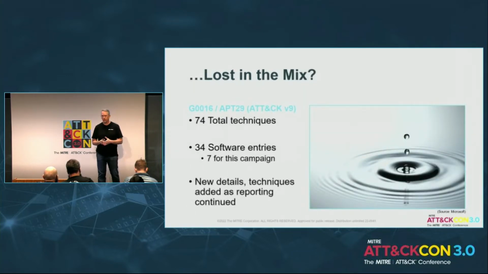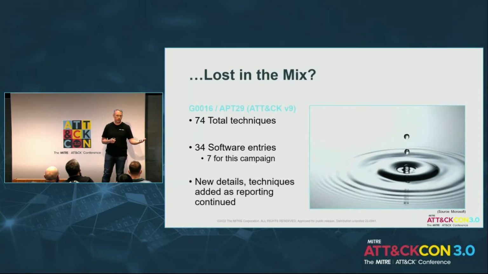Last April, coming up on a year ago now, the US and the UK government issued statements regarding SolarWinds. They attributed with high confidence the campaign to the Russian Foreign Intelligence Service, the SVR. And in their statement, they talked about how the group is also known as APT-29, Cozy Bear, and the Dukes. From an attack perspective, we already had a group entry that covered that.